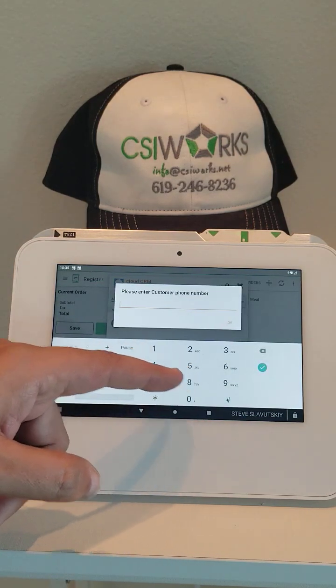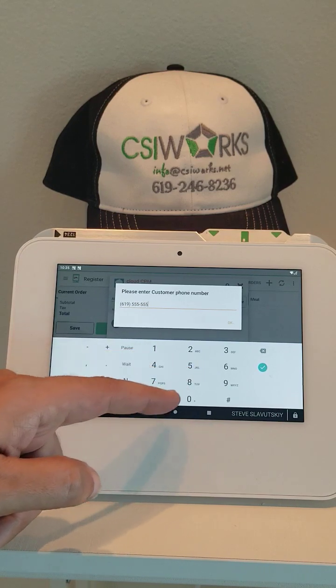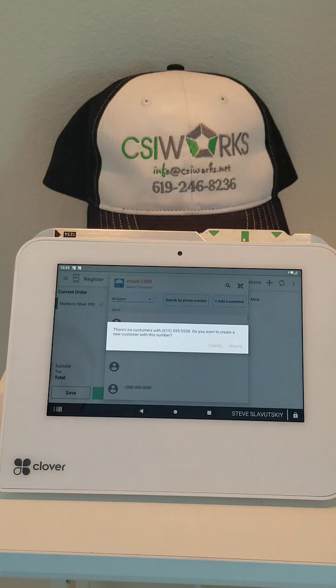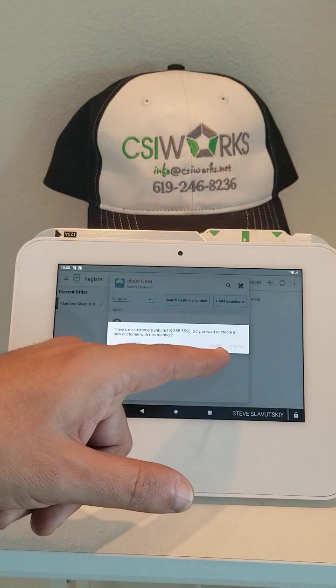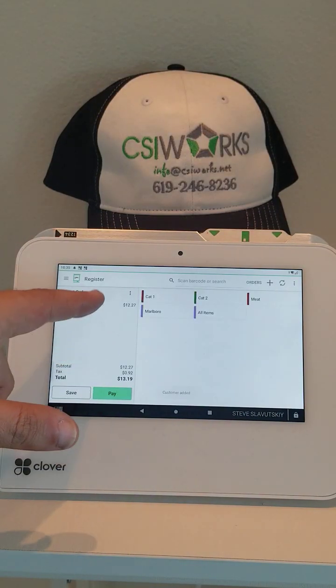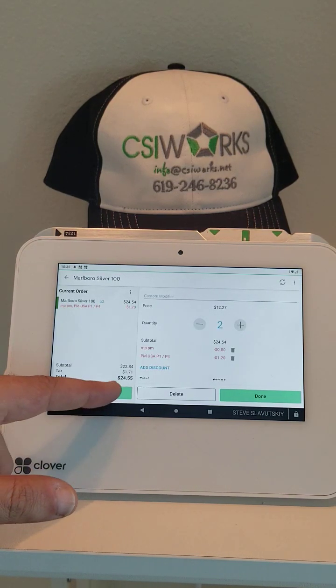And if you enter a number that doesn't exist, let's say, we don't have this number, like that. And it's gonna say right away, there's no customer with this number. Do you want to create a new customer with this number? You say create, it's done. Customer's created and it's added. So either way you go, it's fairly quick. But the point is that